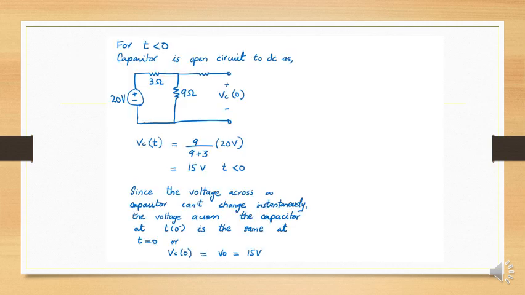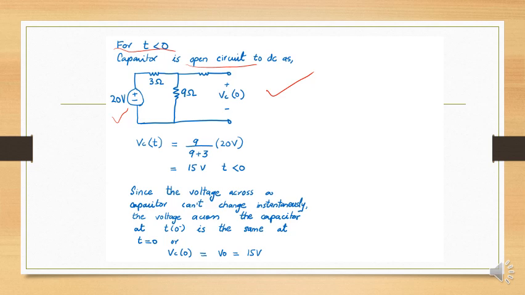Now, for time t, what was our first step? We have to find out what the voltage is before our time begins. It means if our time begins at t equal to 0, what was the initial charge stored in our capacitor before t equal to 0? So that is t less than 0. At t less than 0, we know that when a DC source is connected in our circuit with a capacitor attached, our capacitor acts as an open circuit. So I have redrawn the circuit over here again and we got VC having an open circuit. We just have 3 ohm and 9 ohm resistances.